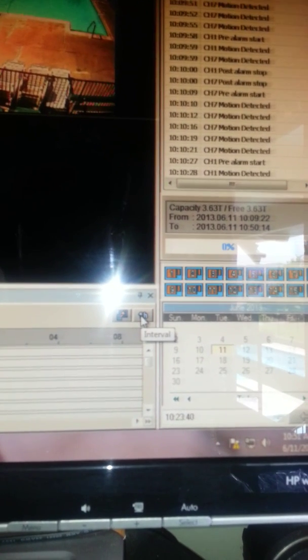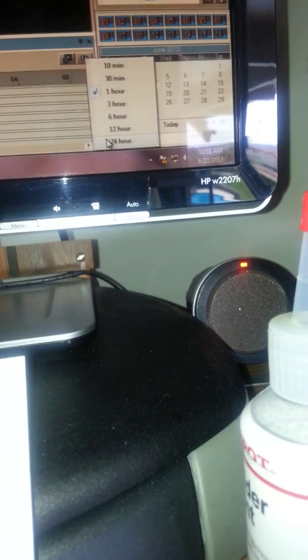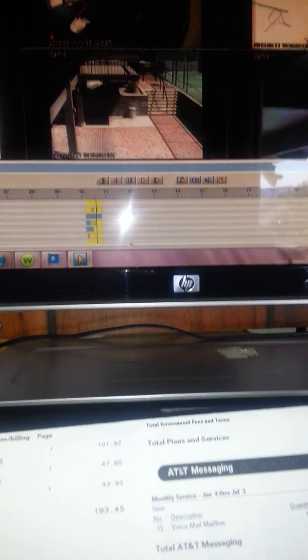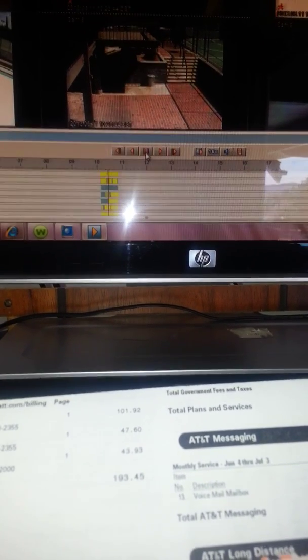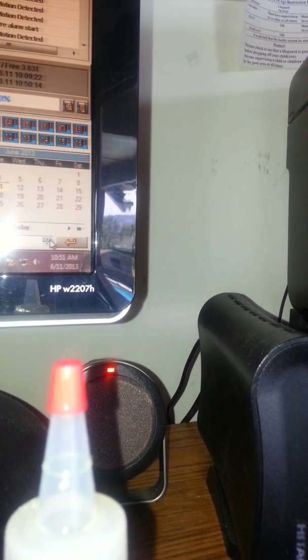So this timeline here, if you see the 1H right there, that's the 1 hour. If you go to 24 hours, then it's going to show you the whole day. Now, this was just put in, so there isn't much recording. Right. But, and if you had, I think you have to pause it first before you go somewhere. If you go back to yesterday, there was something there yesterday. Just click here, and you could change the time. Oh, all right. Like that, and